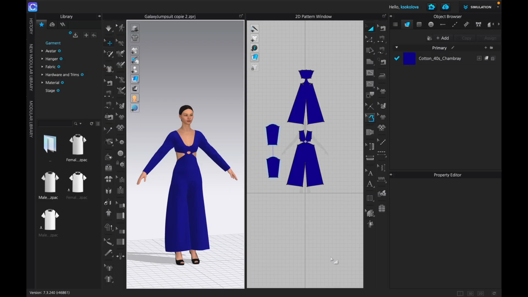Let's add animation. So for this, we will need an animation file and an avatar that is compatible with this file. I've prepared both for you and it will be available in the description for download. If you want to create your own animation, I will show you how to do this at the end of this video. So first, we'll need to add an avatar,